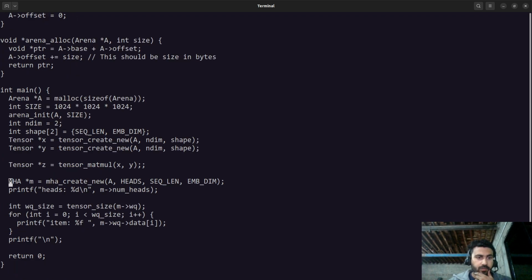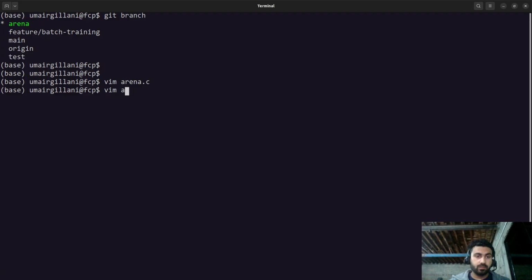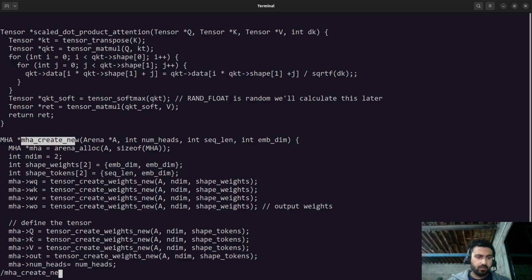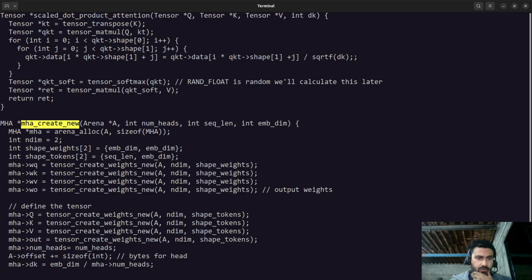So we were able to create this MHA create new, and apparently it looks good. Everything's good. Let me go ahead and look at that as well. What do we have here? MHA create new, and inside new we have something like this. We're passing the arena, we're taking the head, sequence length, and embedding dimension, and then we're allocating space. That's right. Dimension is 2. We designed the shape for tokens and weights. That's right. And then we're using this function called